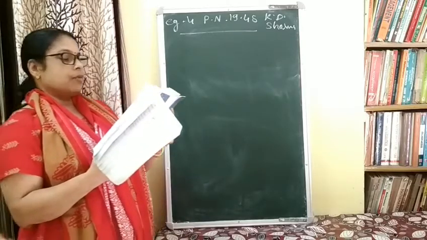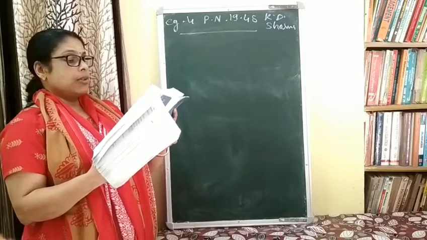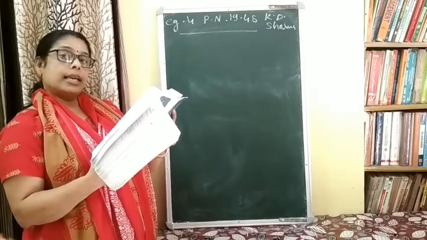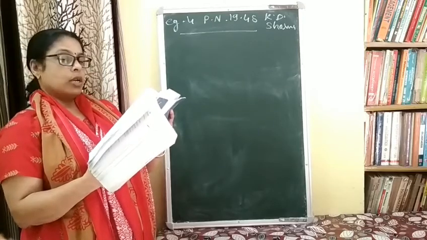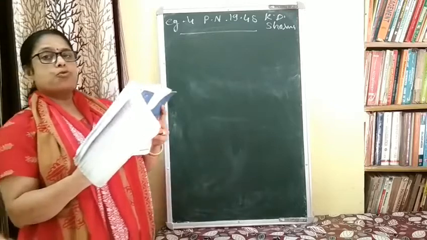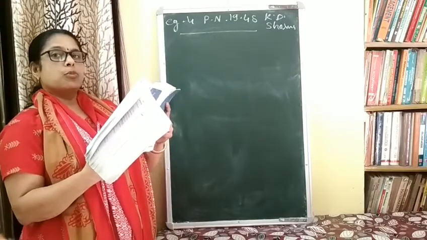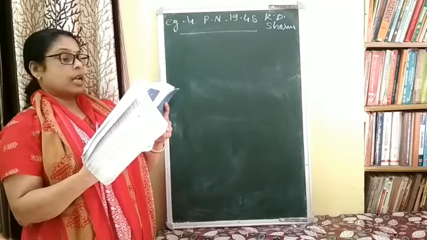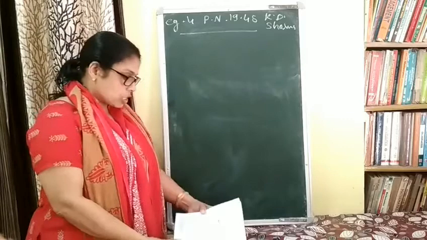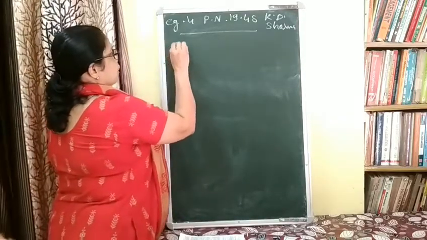For completing a work, a total of 150 workers were engaged. But the condition given is that on the second day 4 workers dropped and on the third day again 4 more workers dropped, and so on. If the workers are dropped, the time taken and the number of people are inversely proportional, so it takes 8 days more than the prescribed time to finish the same work. Find the number of days in which the work was completed. Now, we have to take two cases.